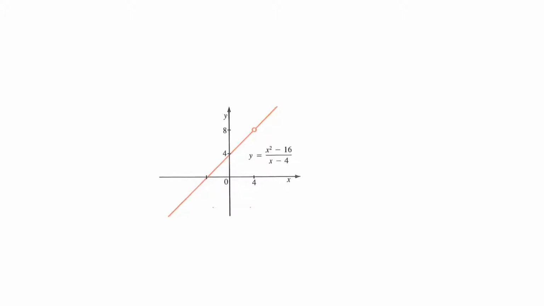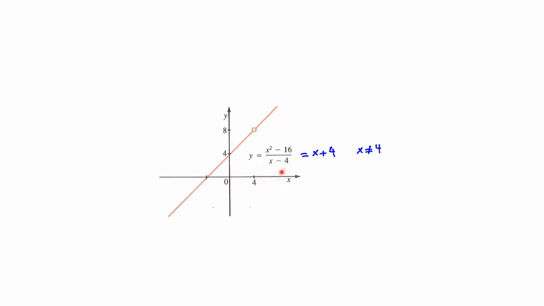In our previous lessons, we learned how to use a table of values or a graph to find a limit. If we look at the graph of y equals x squared minus 16 over x minus 4, we see it is a straight line with a hole in the graph of the function. The hole indicates that